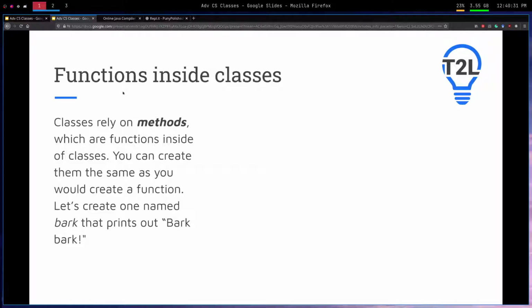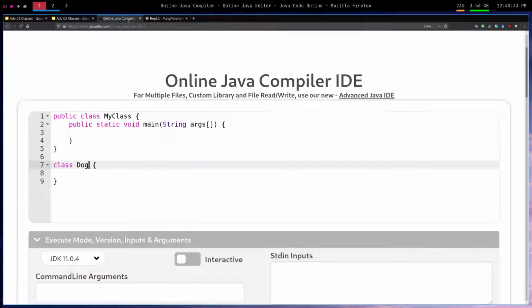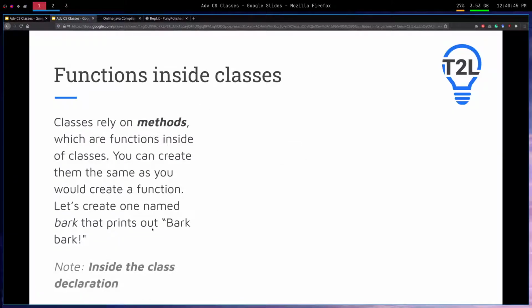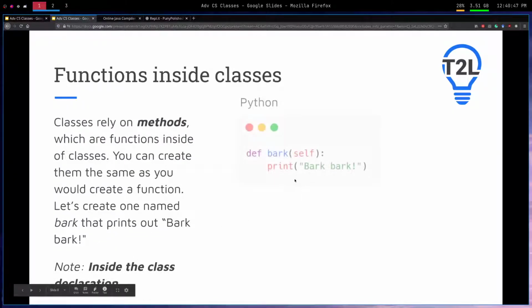So you can create methods just as you would normal functions. If we want to create one named bark that prints out bark bark into the console, for Python first, we just want to say def bark, so create a new function named bark, and this self parameter right here, this is referring to the object itself. So if you think about it like pointing at self,